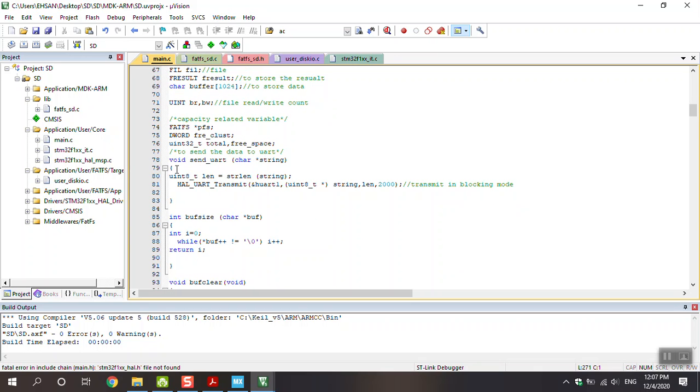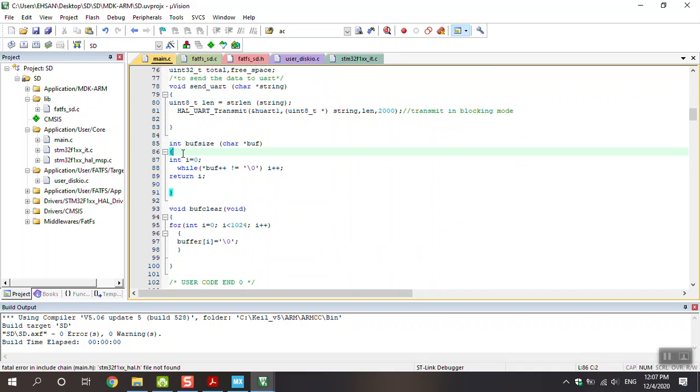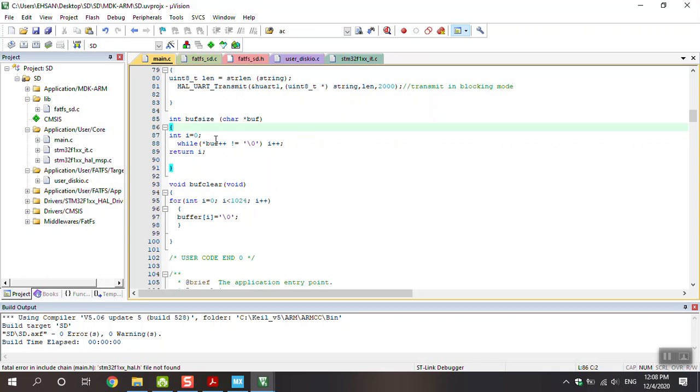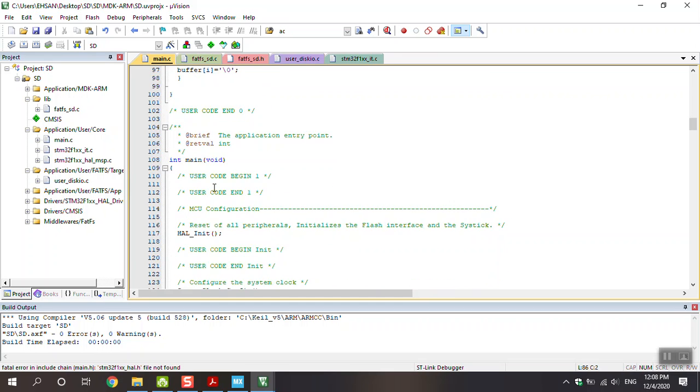Then I wrote the function for sending the UART data. You can see that this is the function for sending UART. And then the function for buffer size. When we transfer data in UART, we must use a buffer, and we must know its size. After that, the buffer size, we use buff clear to clear the buffer every time. And then